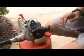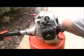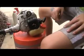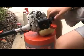The primer bulb is cracked, as you can see right there. The fuel line kit from Echo comes with a new primer bulb, so that makes it really easy to get. So, we will first work on removing the